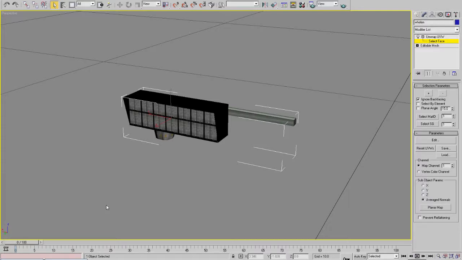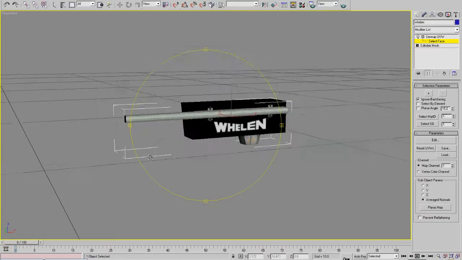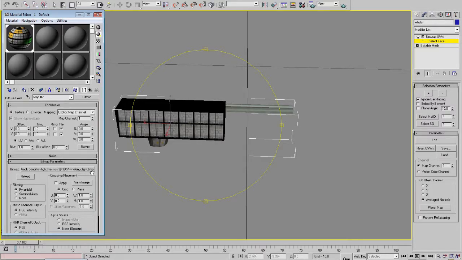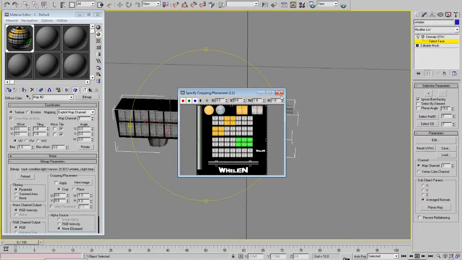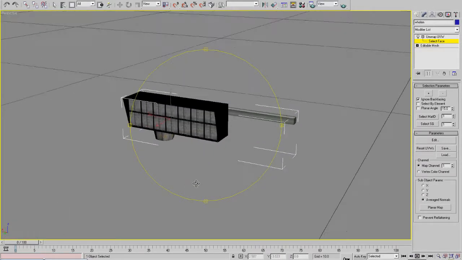Today, what we're going to be going over is the process of creating a track condition light, caution light, for any given track for use in the NASCAR Racing 2003 simulation, primarily. We have our object created here and mapped with a texture right up in here, and go through a little bit as far as how that texture is